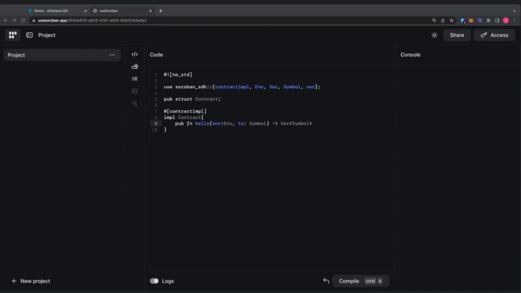So what we've just done here is written our hello function inside of the implementation block. It's a public function, meaning it can be called from outside the contract. It takes two parameters, env of type Env and to of type Symbol. Env is a type that encapsulates the environment in which the contract is running, and Symbol is just a short string representation. This function returns a vector of symbols, which will actually just be returned as a string, similar to